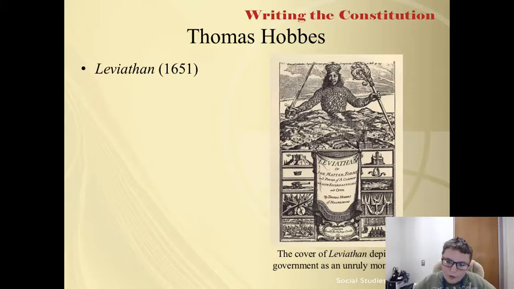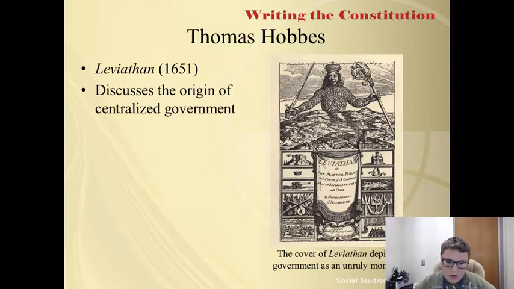In Hobbes' view, early humans lived in what he called a state of nature, in which inevitable and unfettered conflict made life solitary, poor, nasty, brutish, and short. As a result of this conflict, Hobbes asserted that people create a social contract with a more powerful elite in society in order to form governments.